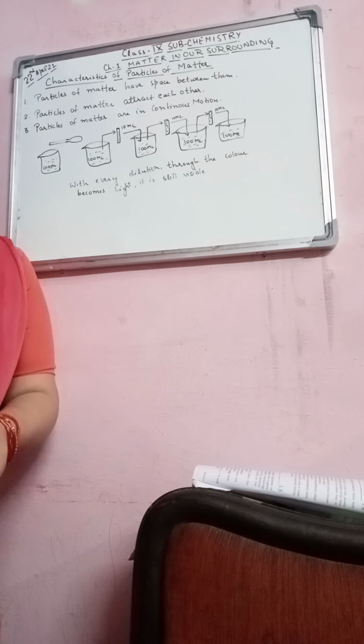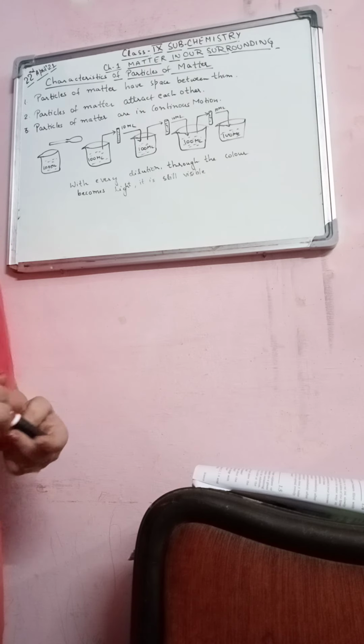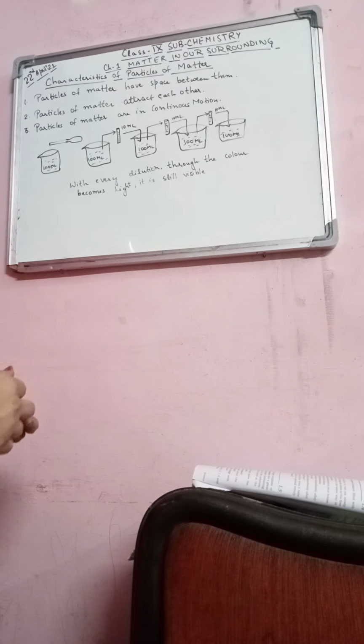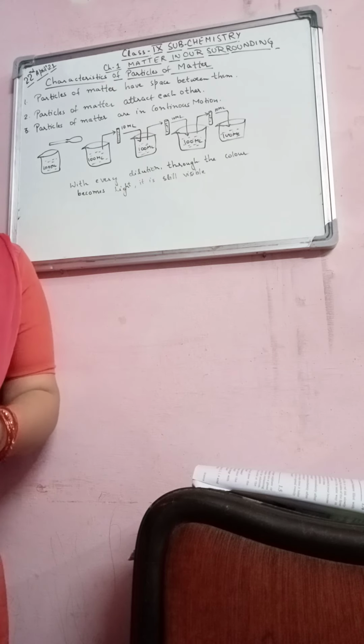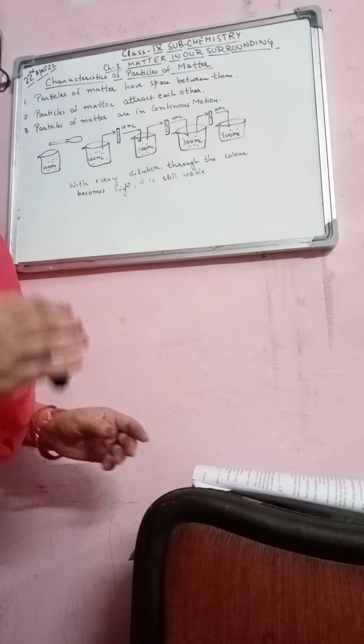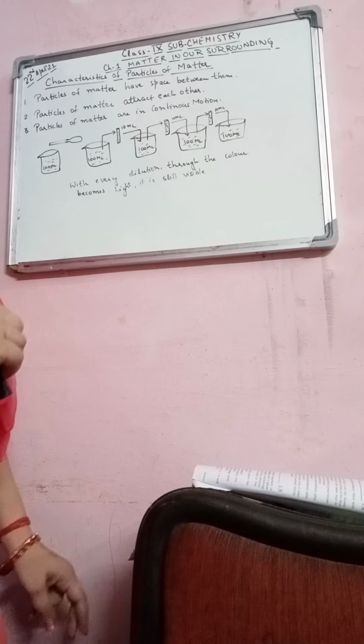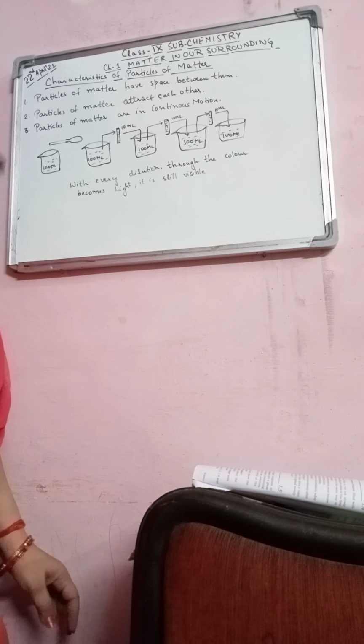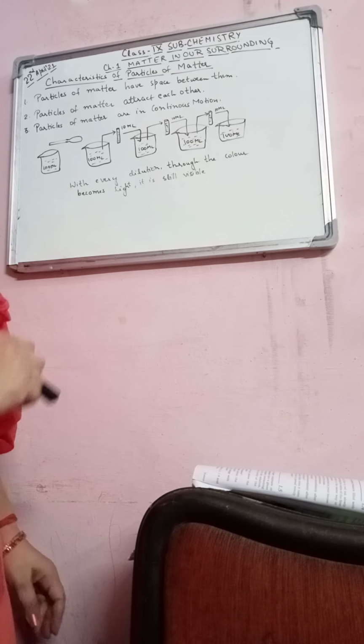This is the second video in chemistry, chapter one, Matter in Our Surroundings, right? In the previous lecture, we studied the topics which we have to study in this chapter. Whatever I have taught you, you have to make that flowchart in your copy. Now today's topic is about the particulate nature of matter.